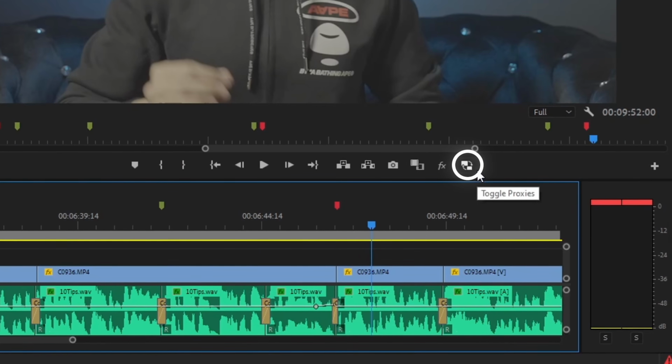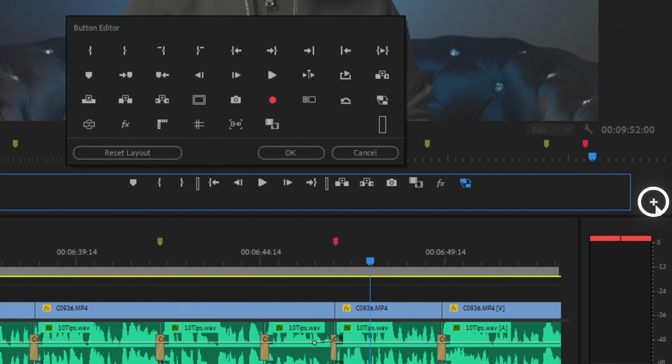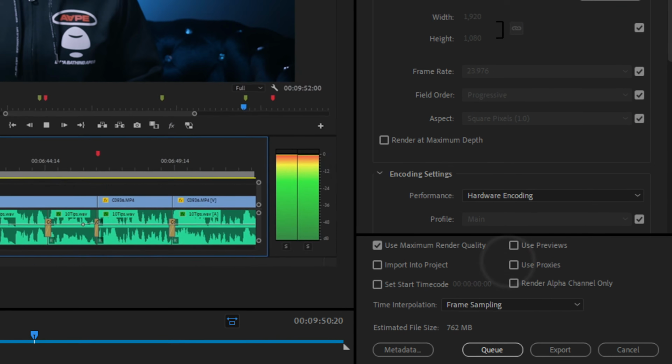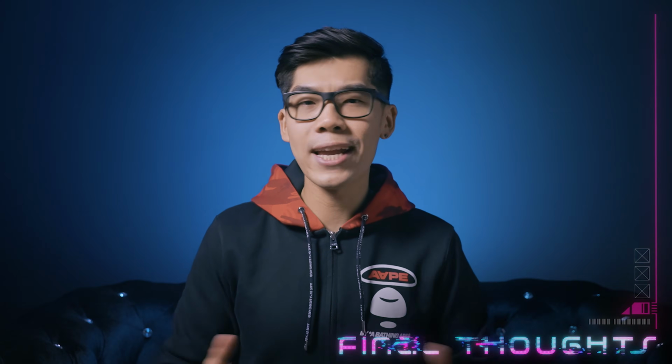Just make sure that you toggle the proxy button and it's actually highlighted so it can actually play your proxy while you edit. If you don't see the button, then click the plus icon to bring up the button editor and drag the toggle proxy button over. Oh, and don't worry, when you export your video, it'll export with the original footage unless you have the use proxies box checked. Boom, 10 ways for you to edit more efficiently in Premiere Pro and start hitting your deadlines